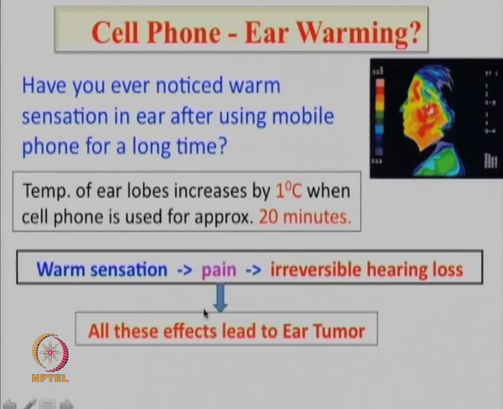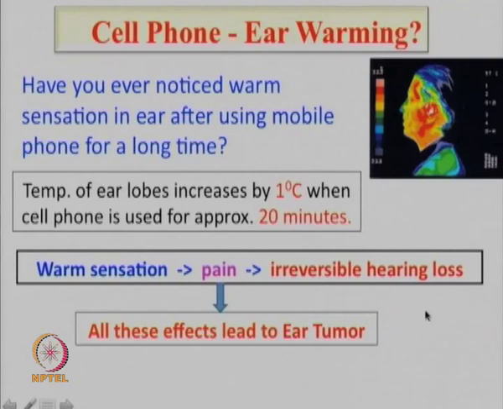In fact, I have started my own newsletter on cell phone tower radiation, and in the third newsletter especially, we have given interviews of 5 different ENT doctors. They have very strongly said that they are getting a very large number of cases where people are developing irreversible or partial hearing loss to ear tumor, and their largest patients are teenagers,